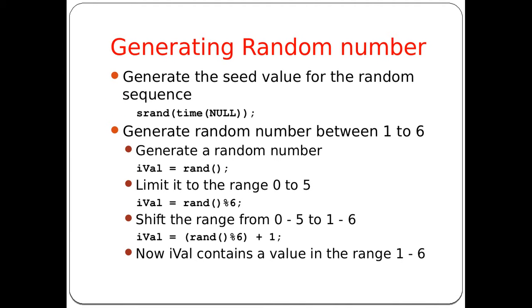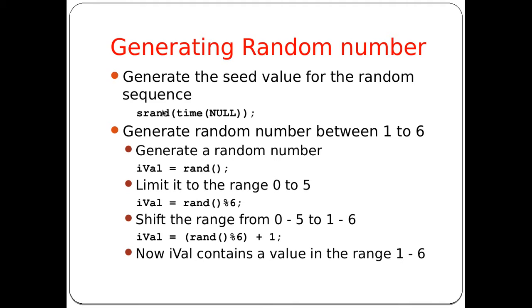So generating random numbers, what we do here is we generate the seed value for the random sequence. We are going to use a PRNG, which is a pseudo random number generator. So for which we need to seed the sequence, for which we use srand. Srand function takes an integer argument and gives a seed value for the random sequence. And each time we want to generate a different random sequence, I want it to take up a different seed value every time. So we give a variable parameter which is nothing but the number of seconds elapsed since 12 am.